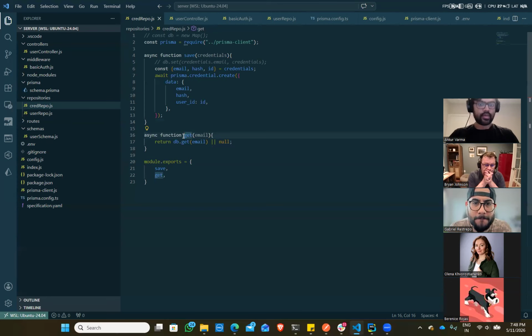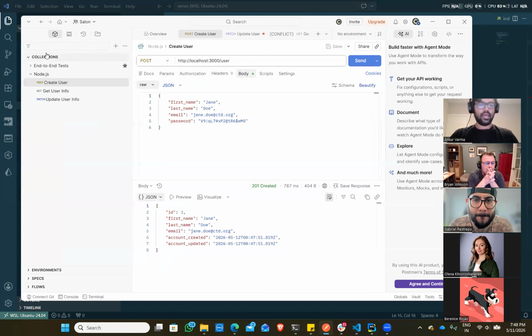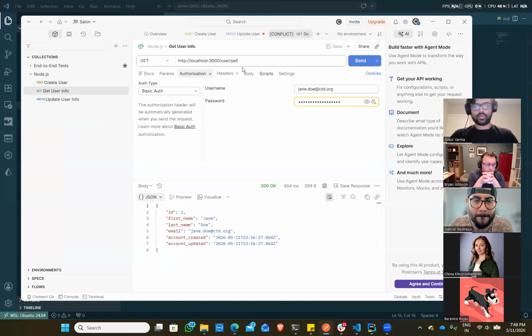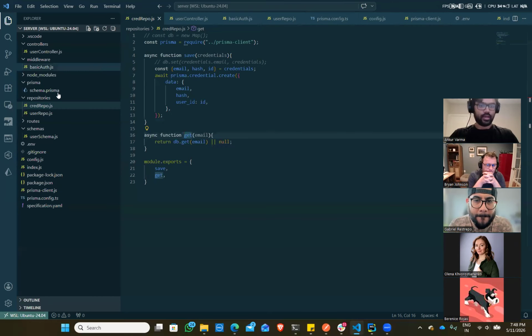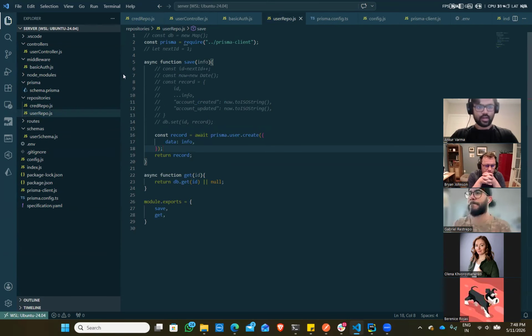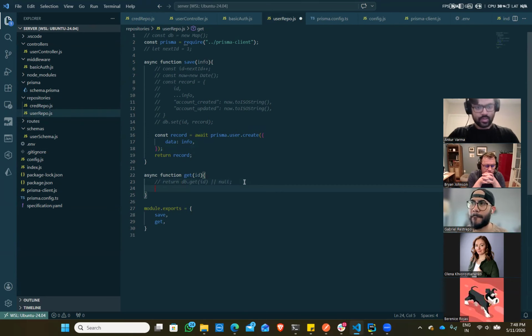Now the creation path is done. Now we will go to the second part, that is getting the user's info, where we provide the username and password. So the get function in both the repos, we'll implement that. So let's start with user repo. So I'll comment this,